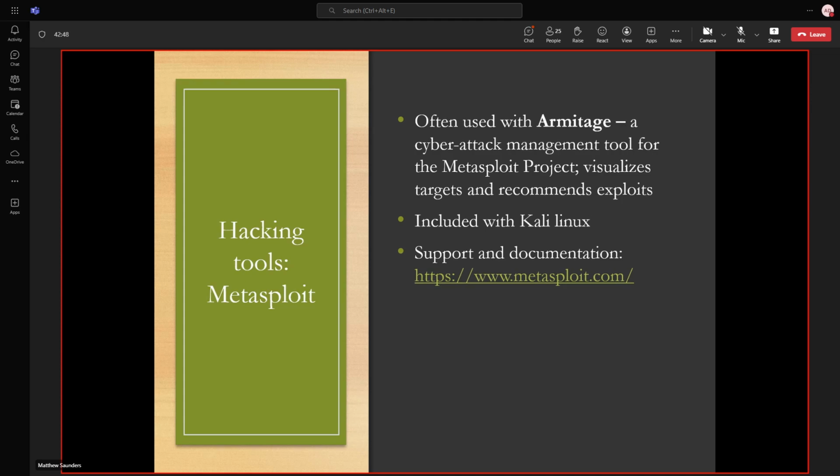The Metasploit project itself, the people who are behind it, you're free to use Armitage, but if you ever need support from them, let's say you're professional, you've bought the professional version, you've got a support contract with them, and you're asking for support using Armitage, they'll say, no, you've got to use the Metasploit framework command line console. So their expectation is they're not supporting third party essentially, right?